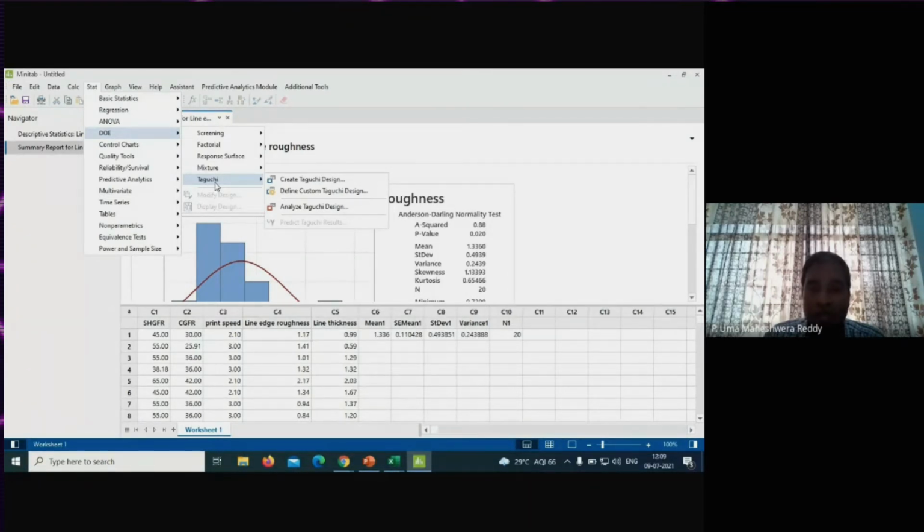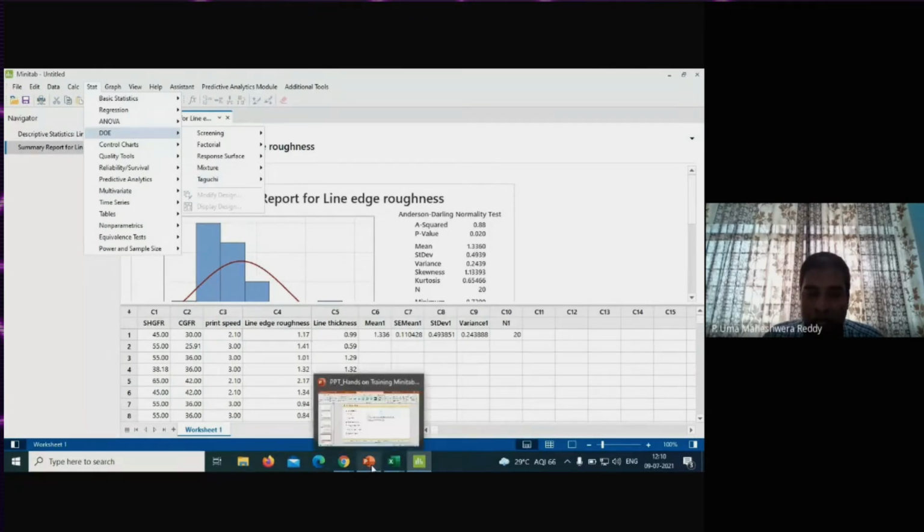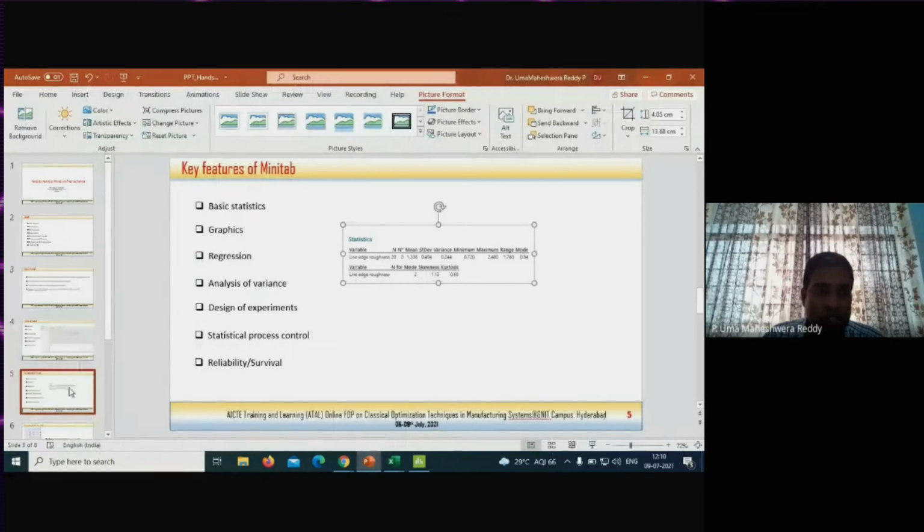So let me explain a research problem. I have taken one problem from an Elsevier publication. I will explain the same data, and I will show you how exactly they did it using the Taguchi technique, and how they did the analysis of variance. They have done all the statistical analysis. So let me take one real-time example instead of having unknown data. Let me go back to my PPT presentation.